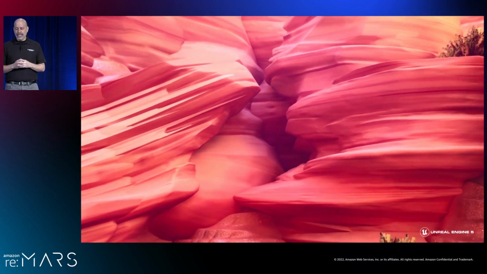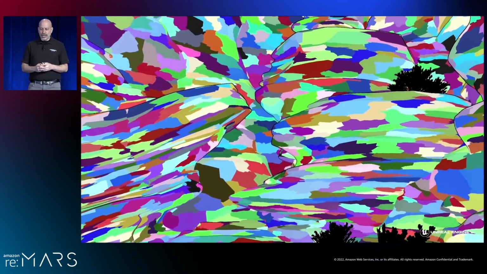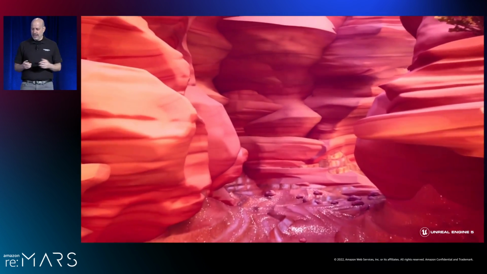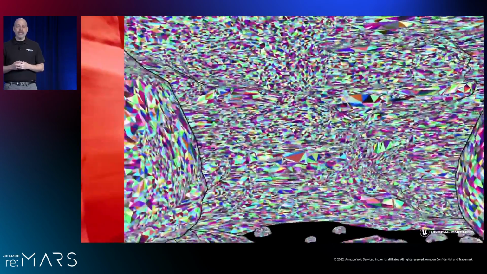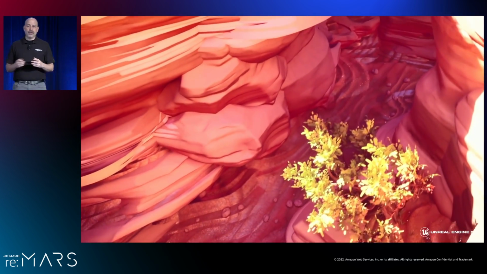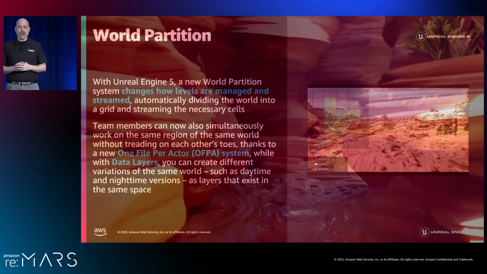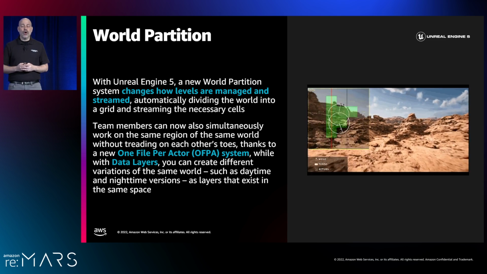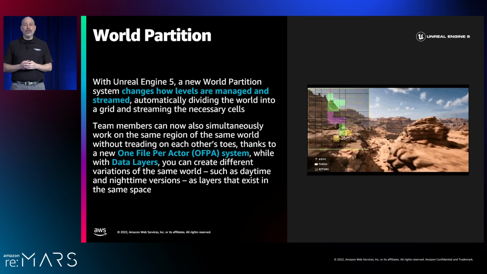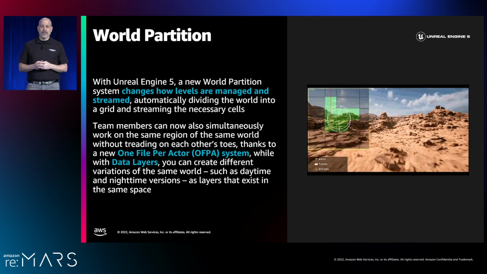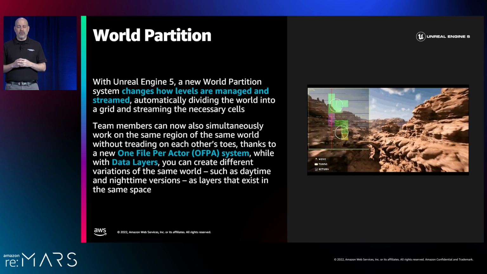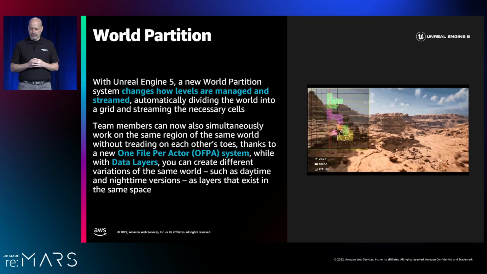And you might be thinking, what if I need to draw the world? What if I need to create an environment that is encompassing the entire planet? How do I do that? How do I deal with that? Well, historically, game engines were known to be super good and super fast in small environments. But with UE5, we can start talking about large environments. We can talk about world partition. Now, the world partition system is part of a global activity we have at Epic Games.